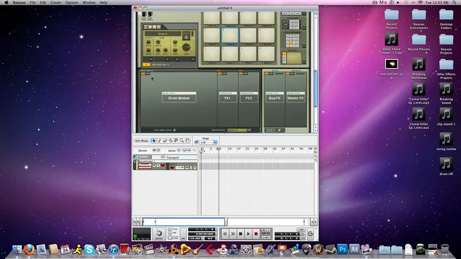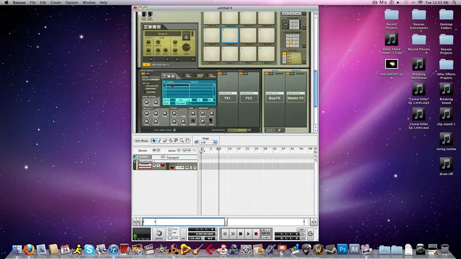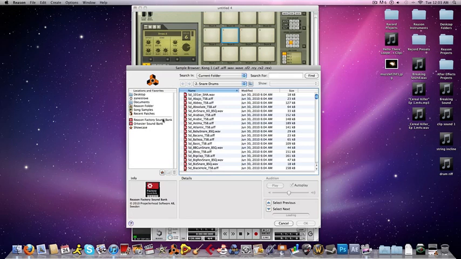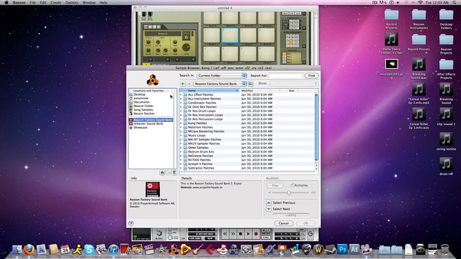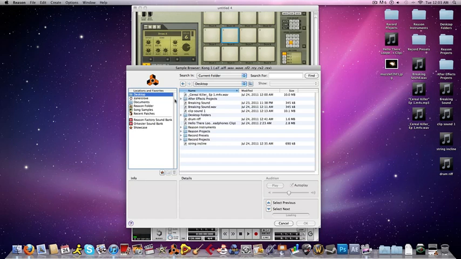Now we also need to stack a different type of sound for the snare on top of that. For doing that, we're going to go to a sample pack I got from